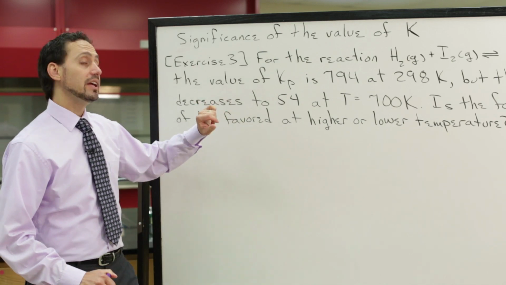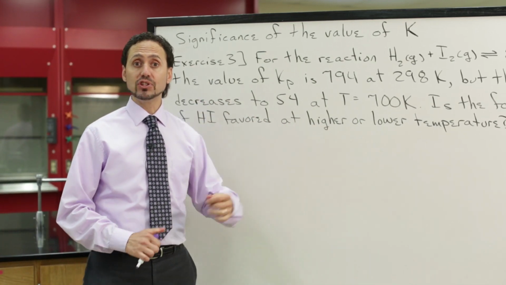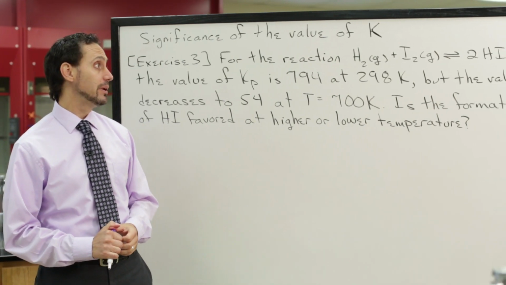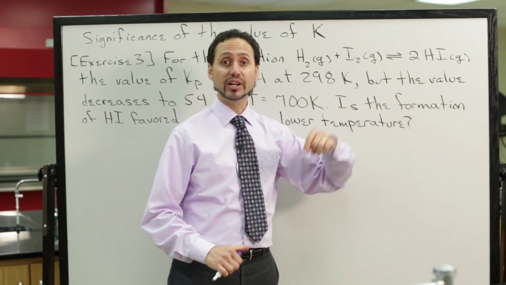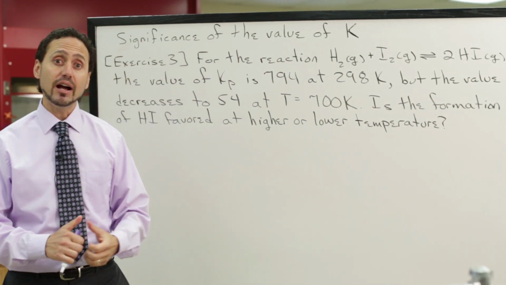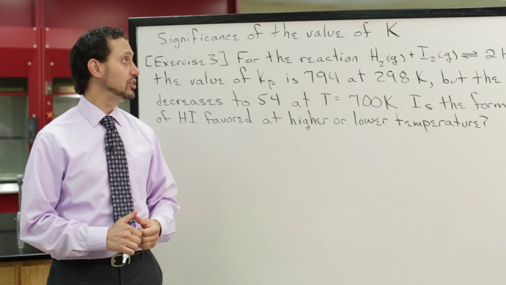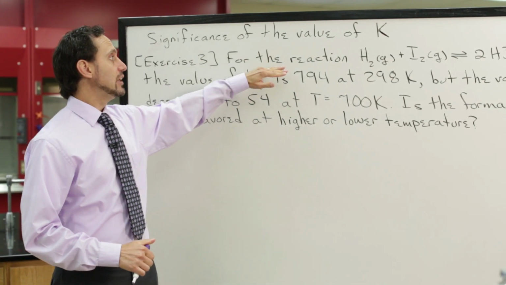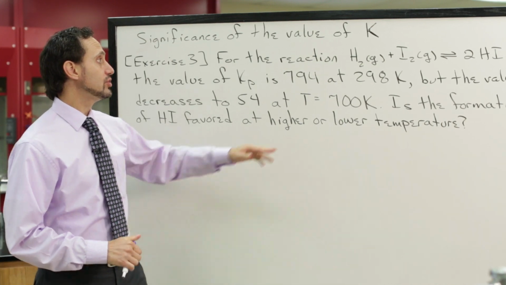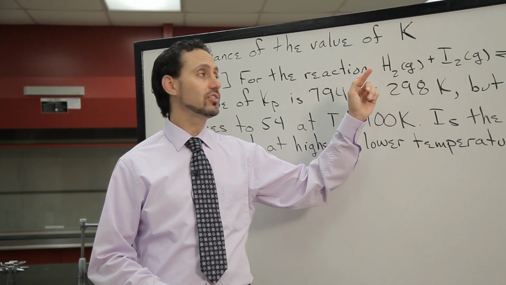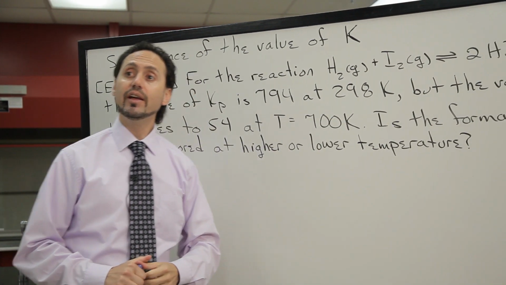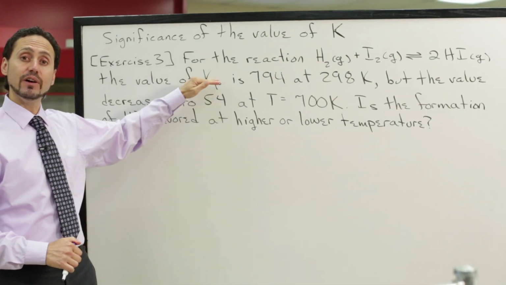Exercise 3 is potentially a real-life situation. Say you're working at a chemical company and your company is trying to make money off of selling hydrogen iodide gas. Your boss asks you, can we make hydrogen iodide gas, and what would we need to do to make it? So you look up the equilibrium constants for this reaction, 1 mole of hydrogen gas reacting with iodine gas to produce 2 moles of hydrogen iodide gas,